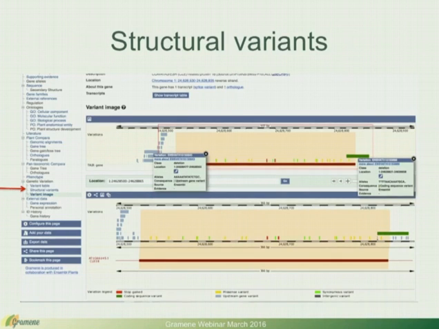So we did identify those variants, and now we can just explore whether there are structural variants for these genes in this region. So I go back to my left menu, and I see that there is a link for structural variants. I can tell you already that there are none. So what I'm going to do next, I'm going to choose the variant image, which is what you're seeing in